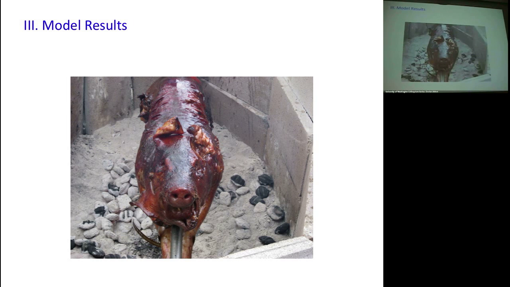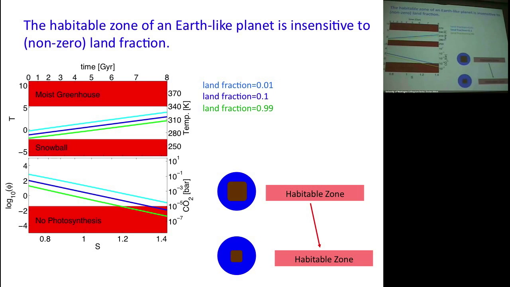Okay, more meat. This is the full model results. So I'm not considering my simple limits anymore. I've gone back to the complete model. And what I'm showing here is, imagine the evolution of a planet like Earth. These are different land fractions as a function of insolation. And here I've just plotted for a star like the sun what time these would be. These are my non-dimensional variables, and here I've turned them back into physical units. Excuse me, log CO2 in bars, and this is the temperature.